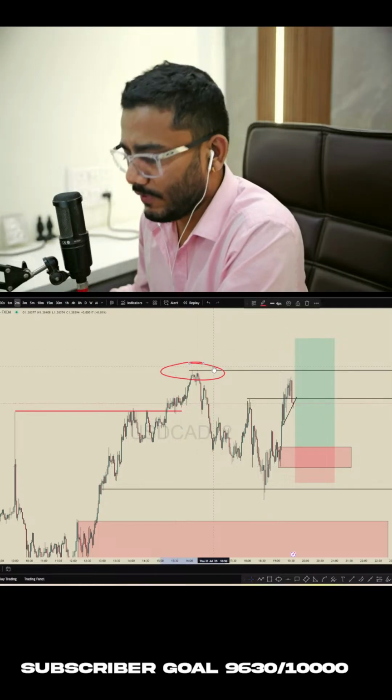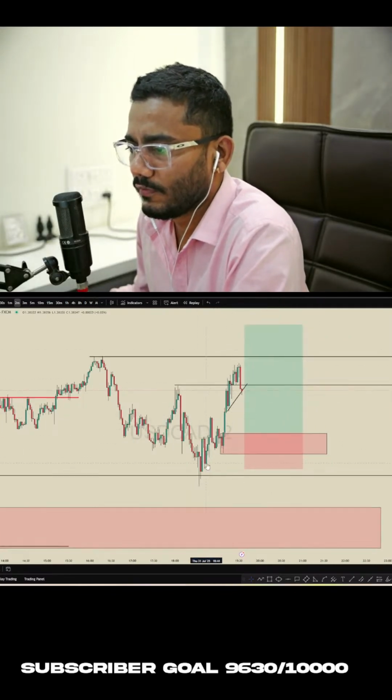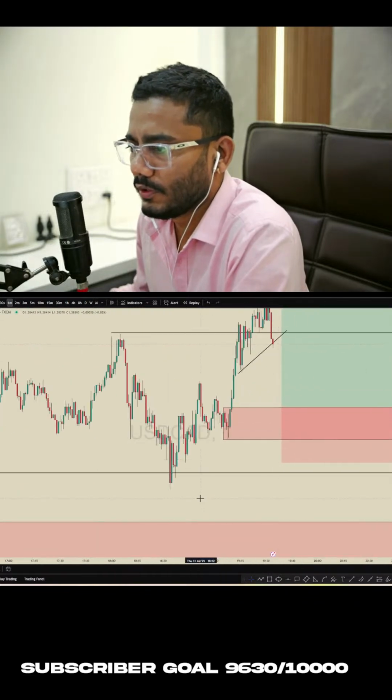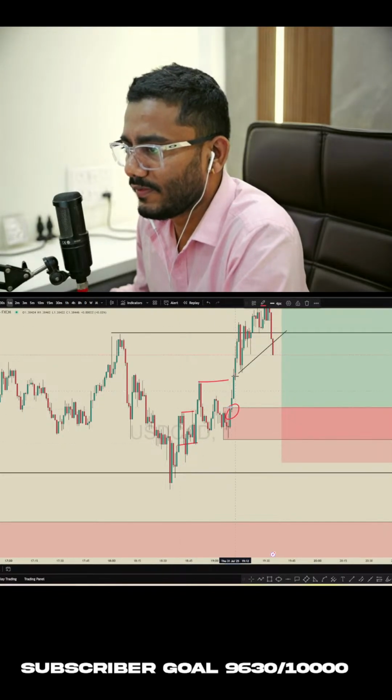So on USD CAD, we have 2 points of interest. First is this one, where if you go to a lower time frame, this liquidity sweep has been already mitigated. Again, breakout structure, again breakout structure. Now we have this nice imbalance,